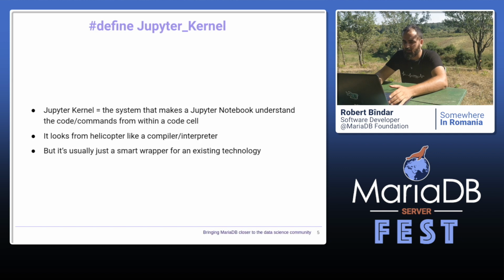What is a kernel? A kernel is a program and also a process within a Jupyter Notebook server, and this one is capable of understanding and executing the code that you just wrote in your notebook. Your Jupyter Notebook web page sends the data to the notebook server, which then forwards it to the kernel and transfers back the results of the execution into your browser. And that's pretty much what it does.